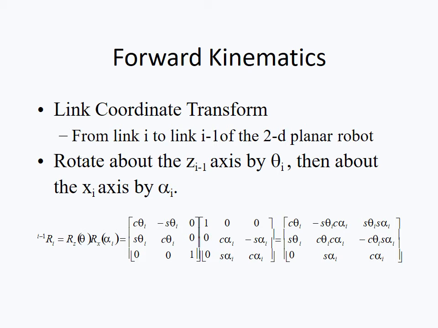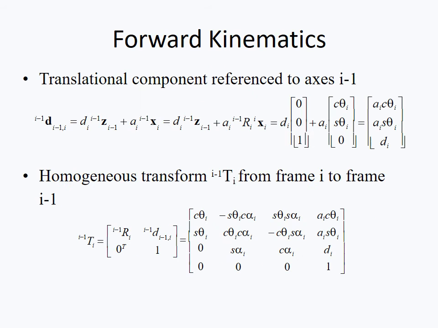So theta is a translation component referred to axis i minus 1, that is the d value. Next, homogeneous transformation. It is the main part of defining the end effector, that is the T transformation vector. For each joint we need to define the transformation vector. For example, if we have four joints, we need to find out 3 transformations.